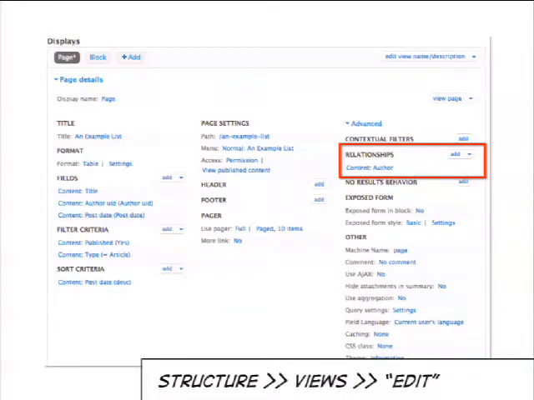Finally, I wanted to talk about relationships here. So now we start to get into some of the more advanced things that Views can do. If building lists of things wasn't advanced enough for you, just wait. At the beginning, we said we have all these different buckets that you can pull information out of. And we had to pick one to start from. I had to start by saying that I'm going to build a list of pieces of content. But there's lots of other information in Drupal that I might want to use in this list. For example, a piece of content is authored by a particular